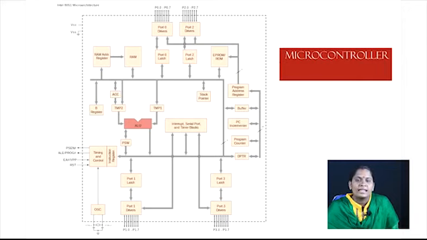Okay. Next, internal ROM of 4 kilobytes. 8051 microcontroller consists of ROM, the read-only memory. That is, it is an inbuilt memory. That is a program memory. Under program memory, it is 4 kilobyte. Next, internal RAM of 128 bytes.